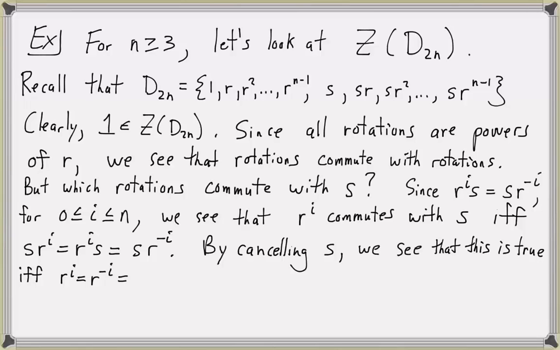But that's the same as the inverse of Ri. So we see that a rotation will commute with all elements of D2n if that rotation is its own inverse. So that is if Ri is equal to the inverse of Ri. But the only rotations that are their own inverses